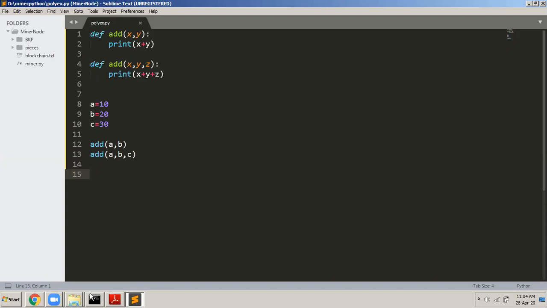So what I did was I declared my own 2 functions, add, which takes 2 parameters and 3 parameters. And then I declared 3 variables here, A, B, C, 10, 20, and 30. And then the first time I call the add function with 2 parameters, and the second time I pass 3 parameters. Now let us see how this will work.